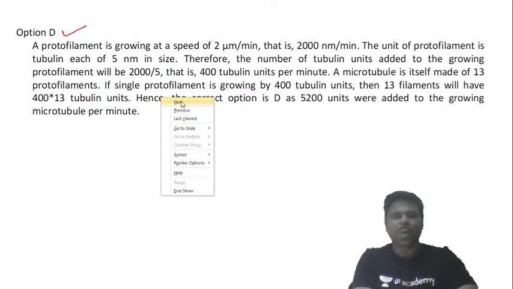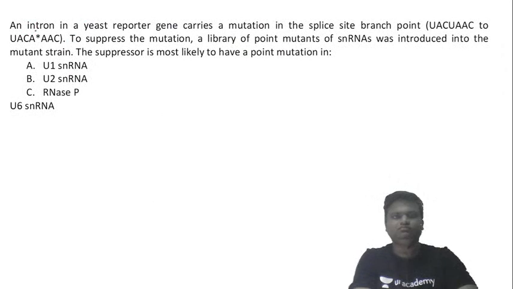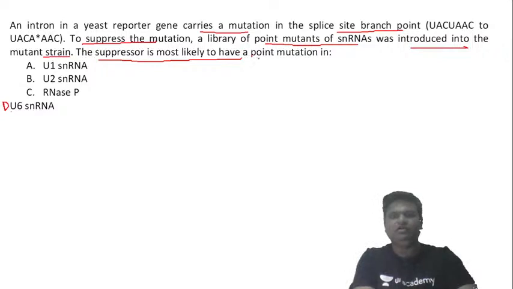So let's move to the next question. This one is the D option. An intron in the yeast reported gene carries a mutation in the splice site branch point. To suppress the mutation, a library of point mutants of snRNA was introduced into the mutant strain. The suppressor is most likely to have a mutation in